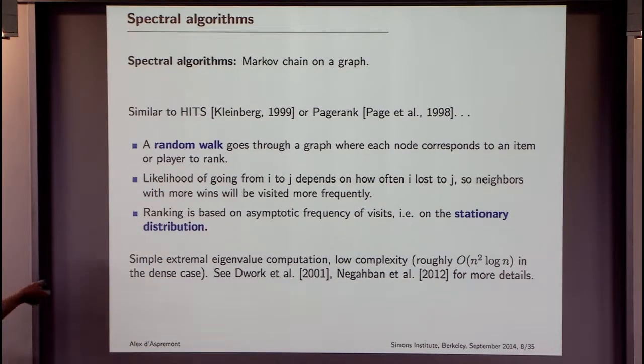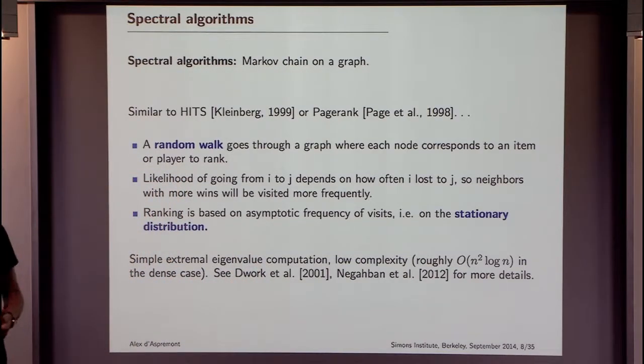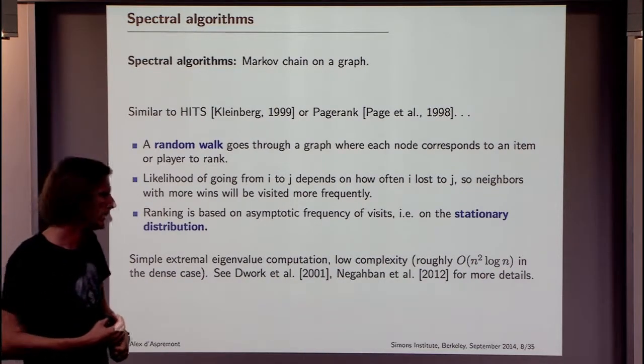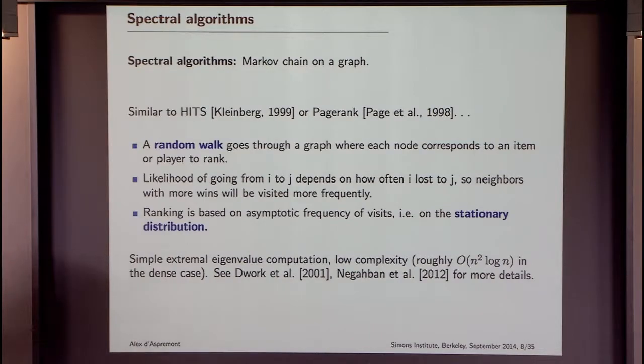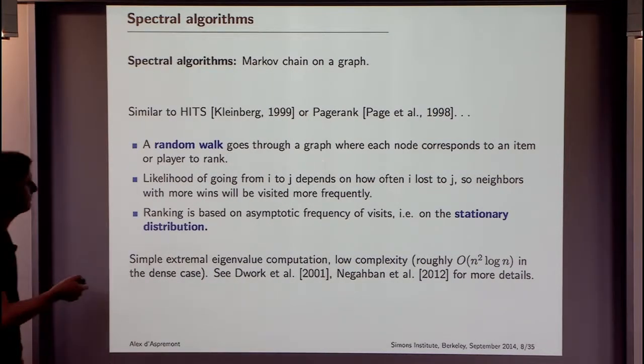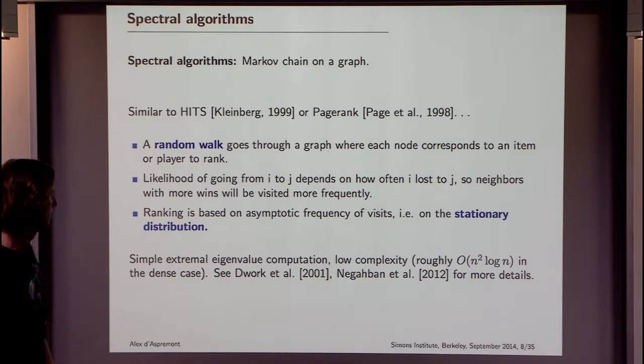Okay, so the good news about this is that, from an intuitive point of view, you're capturing a lot more information about the preferences and the structure of preferences in this matrix than you are in the scoring methods. Because this Markov chain captures all of the preference information you're given and stores it in a much more robust way. And from a numerical point of view, you're only paying a marginally higher computational price,